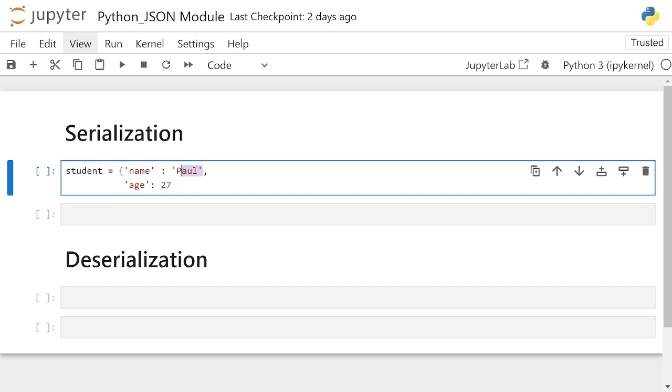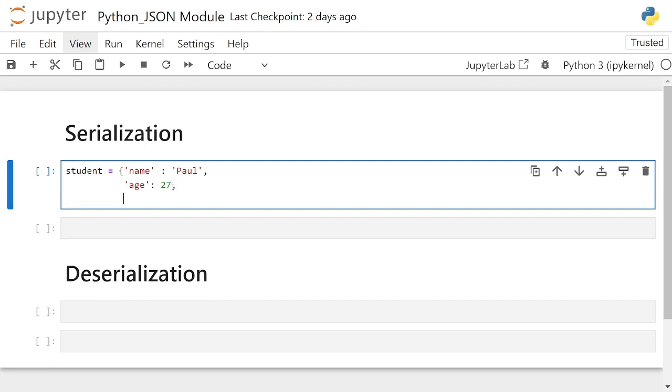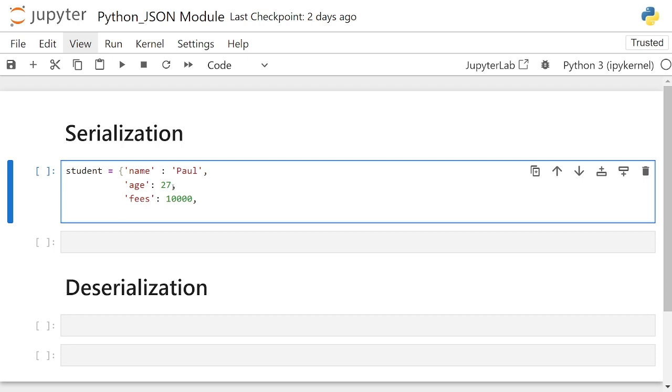This is a string, but for age, here the variable is what? It is an integer. So that is why this is not in a quote, if you want to know why we didn't put a quote there. So the next one, let's just do the fee, let's say $10,000. I put a comma, then